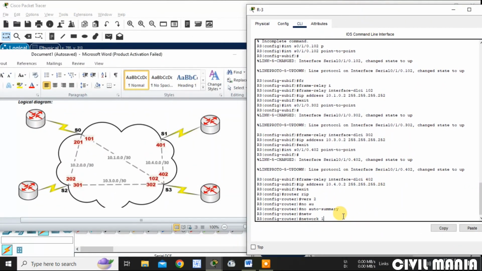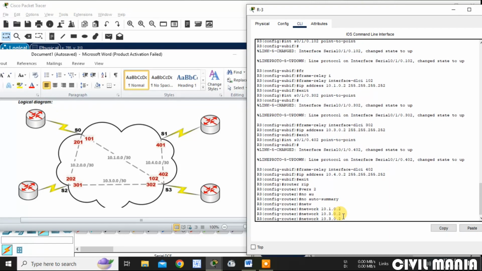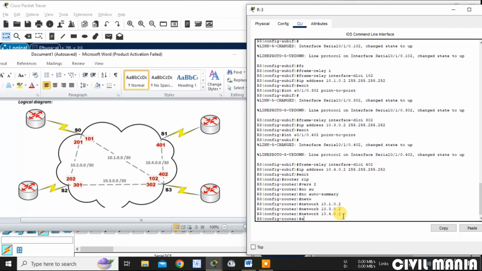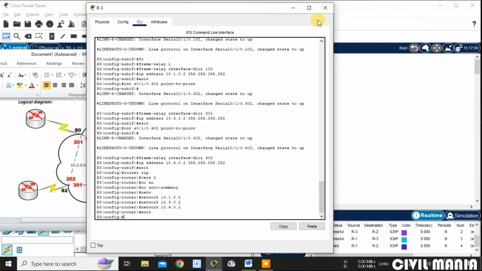One is 10.1.0.2. Next one is network 10.3.0.2. The next one is network 10.4.0.2. Then exit. I hope RIP is clear to all of you.